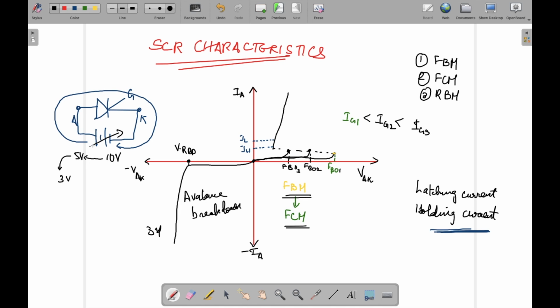Assume still conduction is happening, but by the time it reaches 3 volt, you can see that there is a sudden fall in current. That is, the current suddenly comes to 0 amps. So there is a particular current, maybe at 3 volt it has reached say 3.2 milliamps or something. Assume it has reached this current. Once it reached this current, suddenly there will be a fall to 0 amps. So this is called the holding current. The point until which the conduction can be maintained inside the switch is called the holding current.